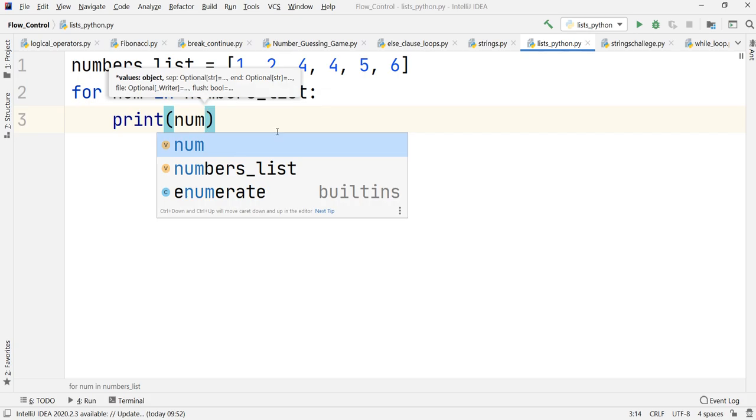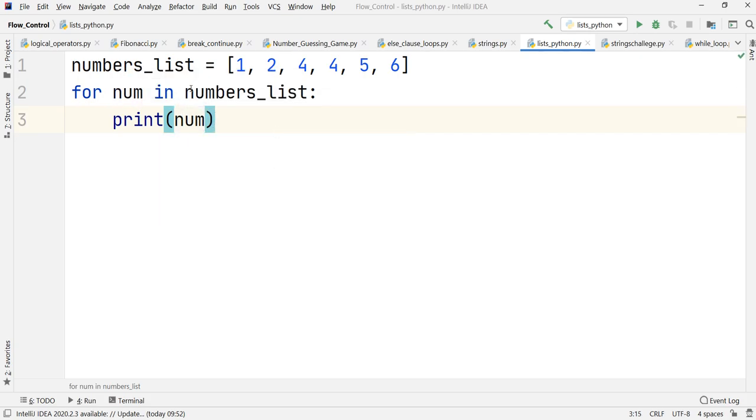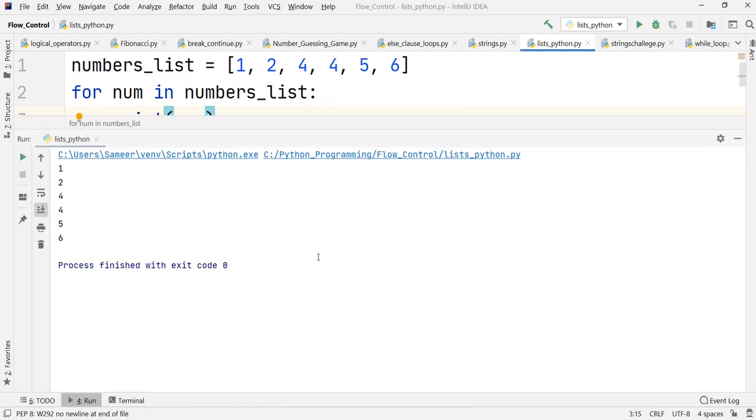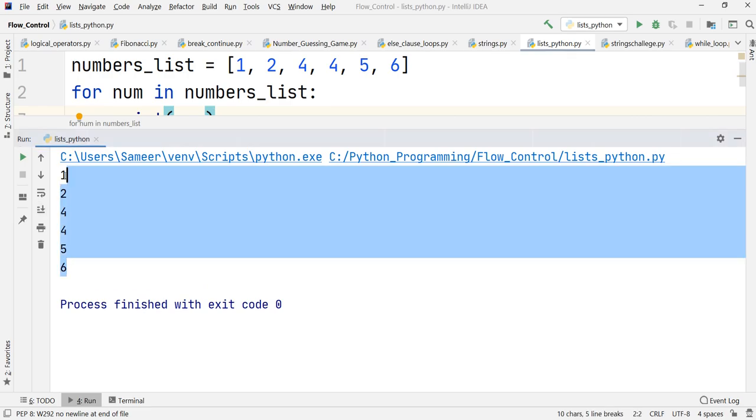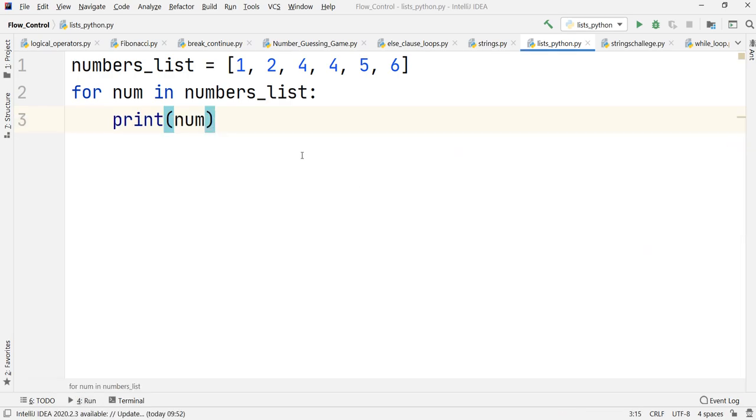What I expect right now is that I want to iterate over my list using this particular iterable variable. Let's see what output we get. Now I have iterated over my list and I'm getting separate values out of my list. This is even possible like it was possible in strings. A few more things we can do with lists. As you can observe, it can be used with a for loop, or with loops for iteration. We can even use it for checking conditions in if as well. That is also possible.